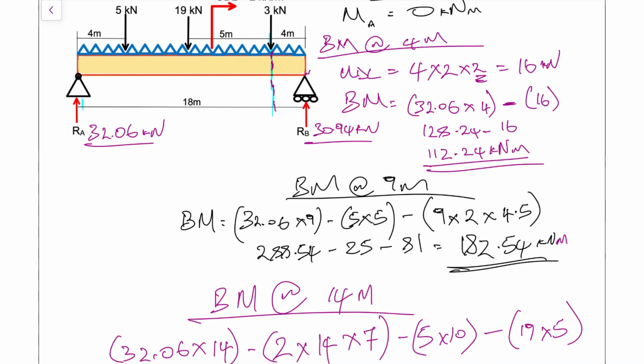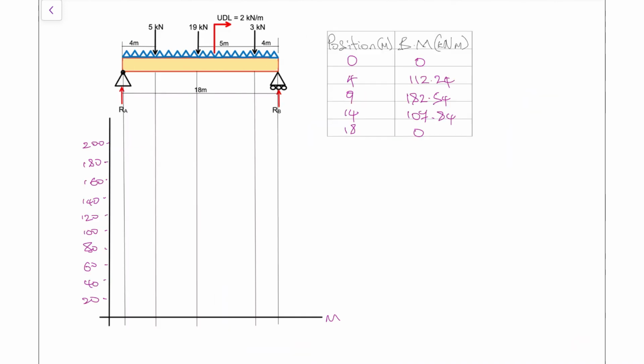So what we do with all of this now, we are going to plot our points and draw our bending moment diagram. And I'll show you what it looks like now. So here we have our bending moment diagram ready to go. And let's just go ahead and do it. So the first point will be 0, 0, right there at the origin. And then we're going to go across to that